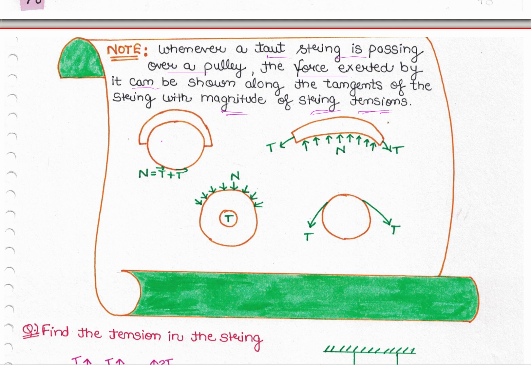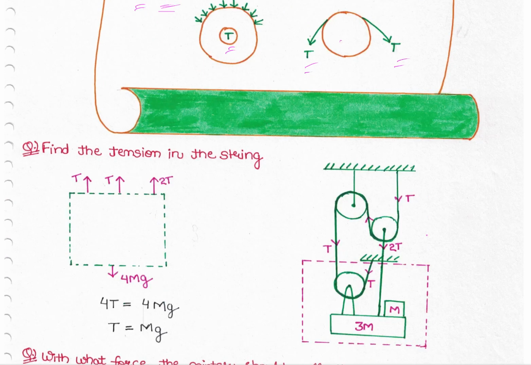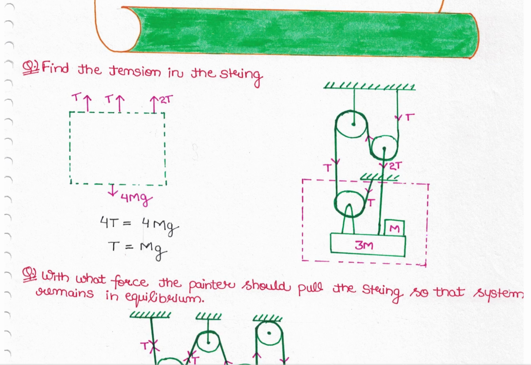So as you can see, for this we can write N is equal to T1 plus T2. For this, if this is T and this is T, and this is the normal force along this. For this type of string, this is the normal force and this is the T. For this type of string, this is the T and this is the T. Okay, so find the tension in the string